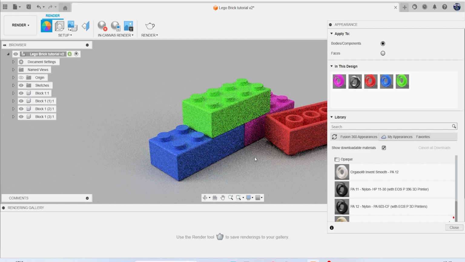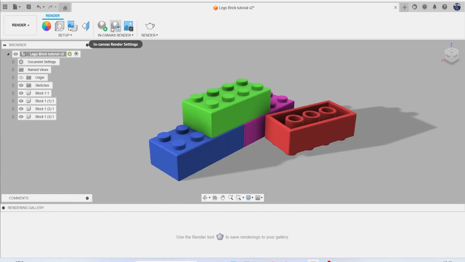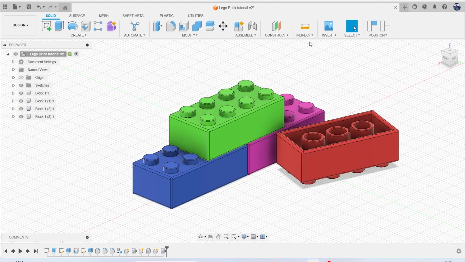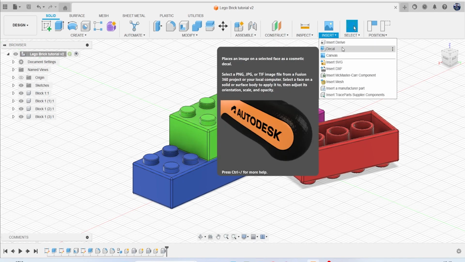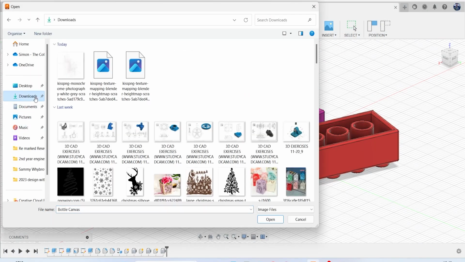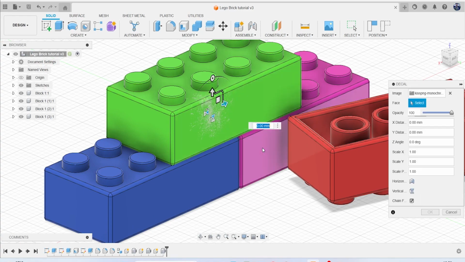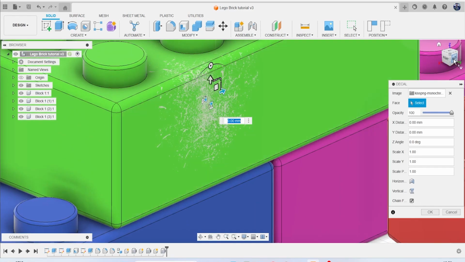There we go. So I've got Lego bricks, but what I want to do is make them look a bit more used and that sort of thing. At this stage, I'm going to give this a quick little save, just to make sure it's safe. Insert, and decal, not canvas, decal. And then what I have in my downloads is a few different scratches and dirt and that type of thing. If I grab this one here and grab a surface, you see we've got